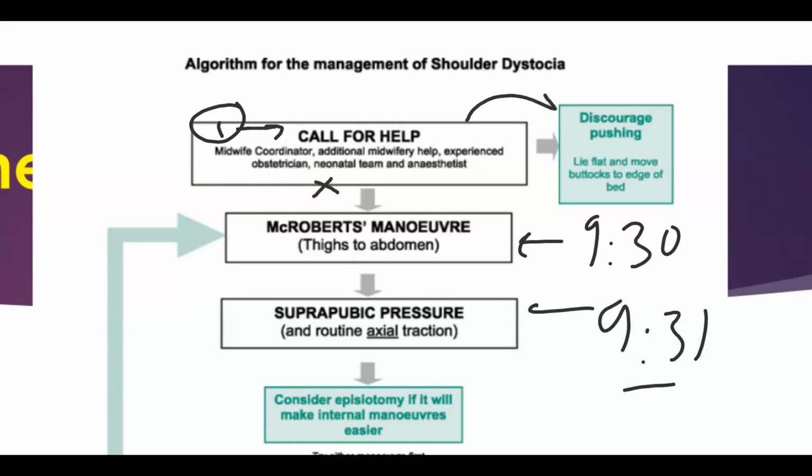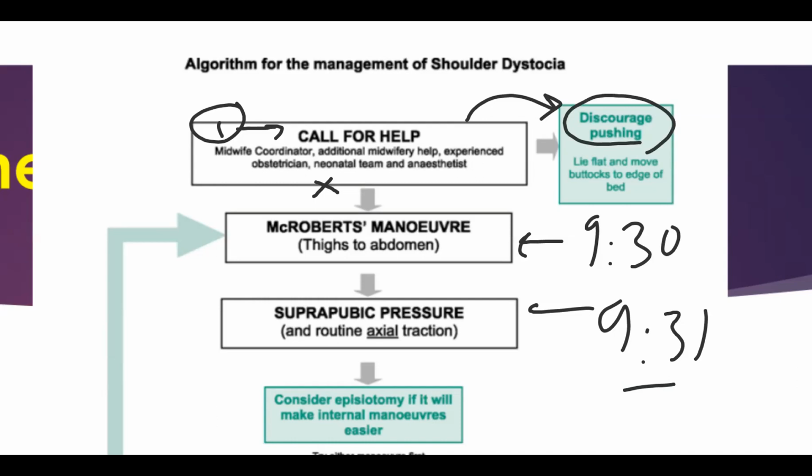We will go to the woman. Now, this is the mother, and she will find a lot of things done for her, the maneuvers, I mean. So we need just to speak with her that now we have a condition named shoulder dystocia. Now the baby's shoulder is stuck behind your bone, and we will try to do some maneuvers just to help the baby to come out, or to help the shoulders to come out. Is it okay? Yes. Ask her not to push.